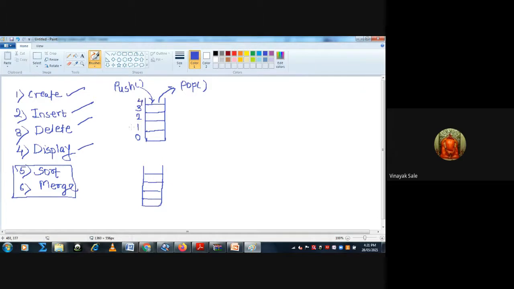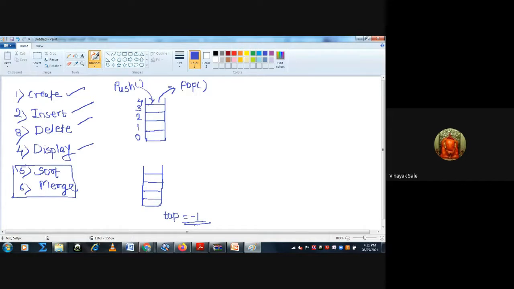Here the stack size we have considered as 5, so it starts from 0 and the last member is at 4. Then whenever you create a stack, your top, that is the top of the stack or TOS, is at -1, because initially you don't have any data.